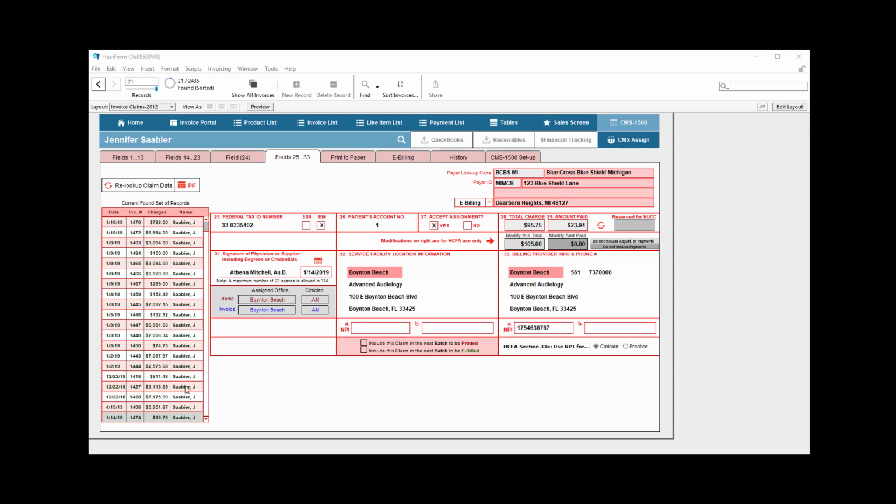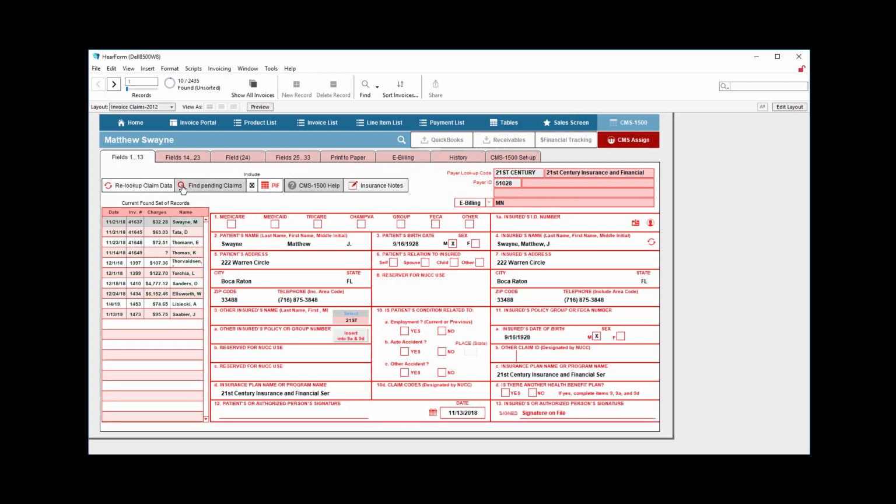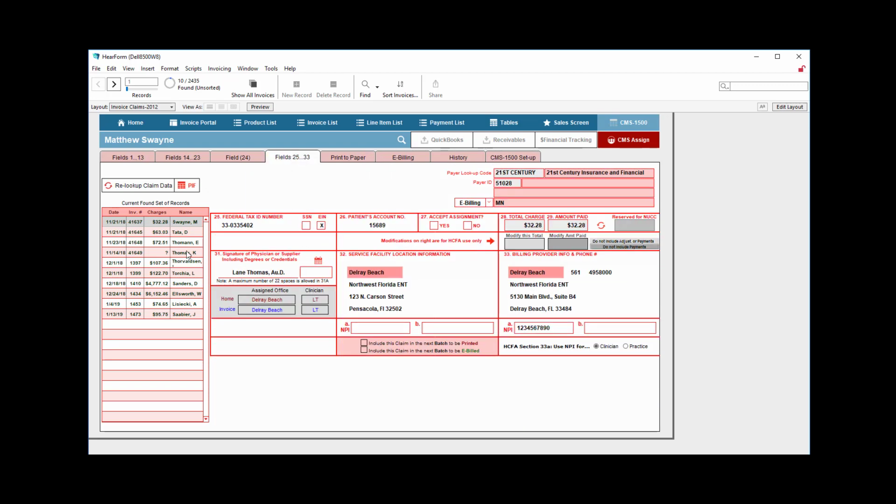Over to the side, I have all of Jennifer's invoice history showing there, but as you know, if I had isolated by finding all the pending claims, then that would only show, let's go back to the area 25 through 33, it would show all the claims that I'm currently working on. Some of these are just sample data, so please excuse if they have a question mark or some unusual thing there. So over on this side here, area 25 should pull in the federal tax ID number